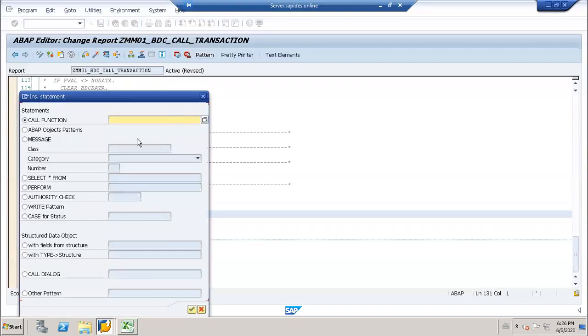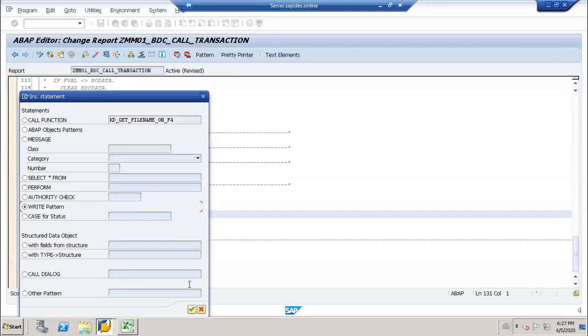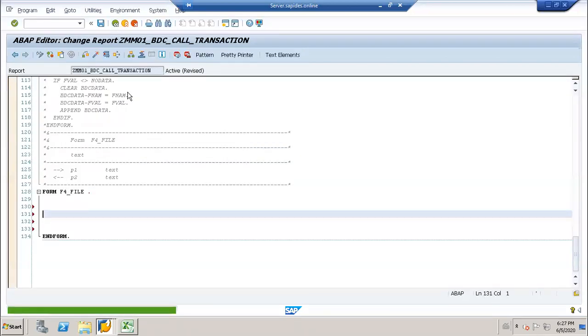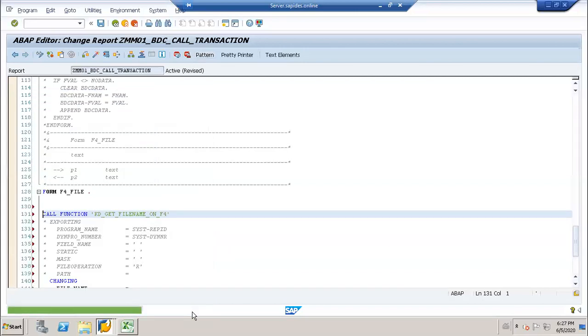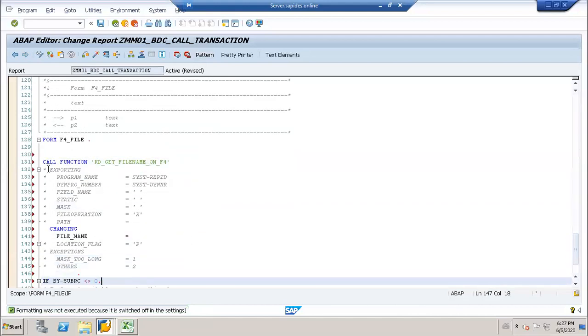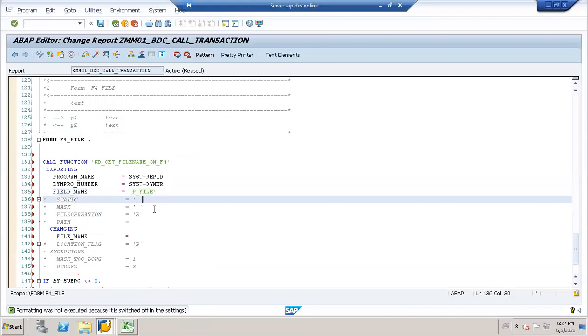Here in pattern, I will go and I will call that function module. What is the function module? KD. So here I have to just comment this this way. File name is c underscore file.